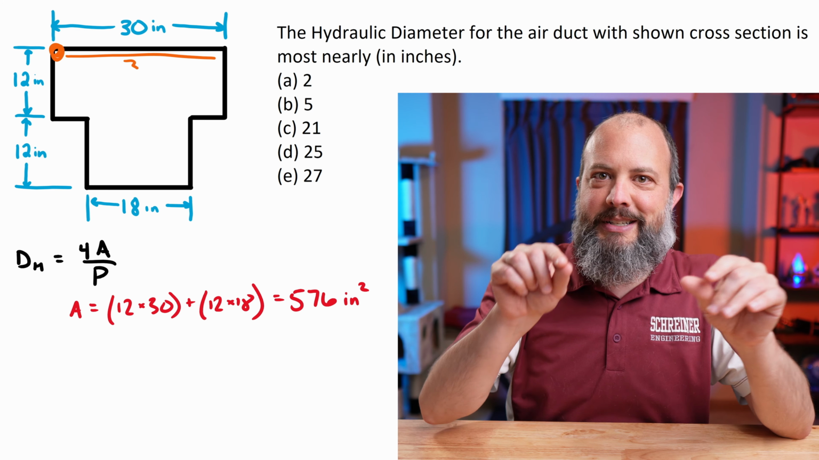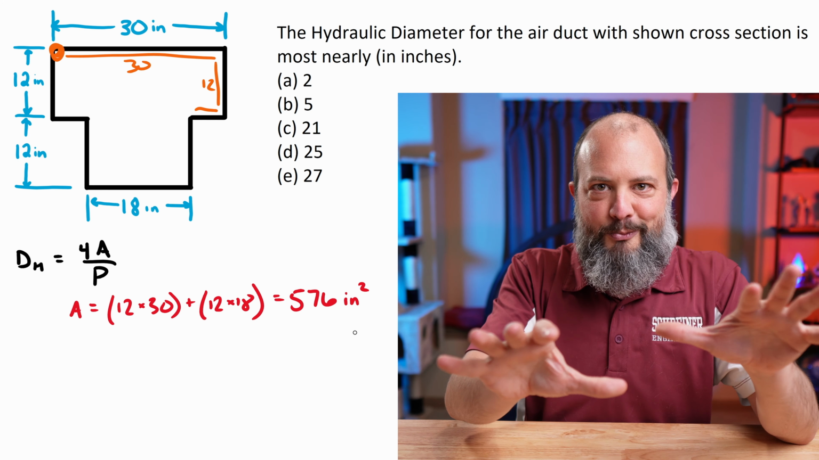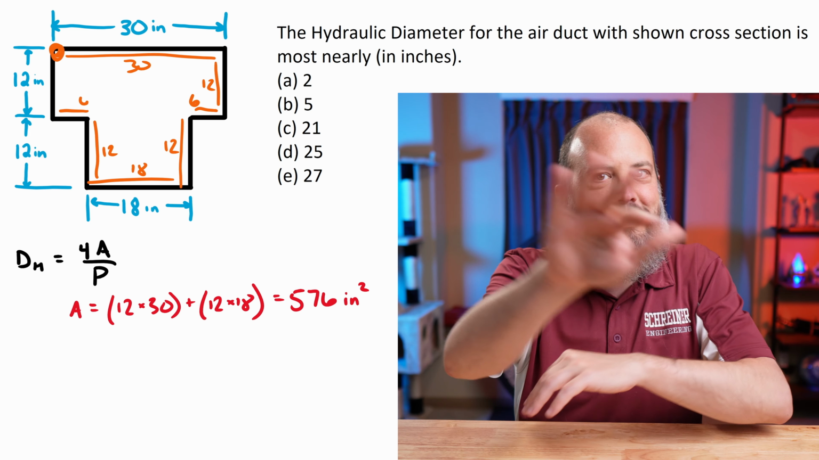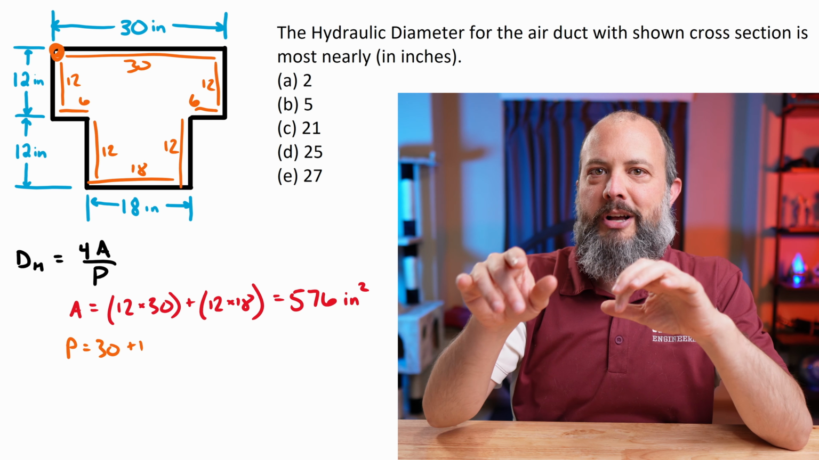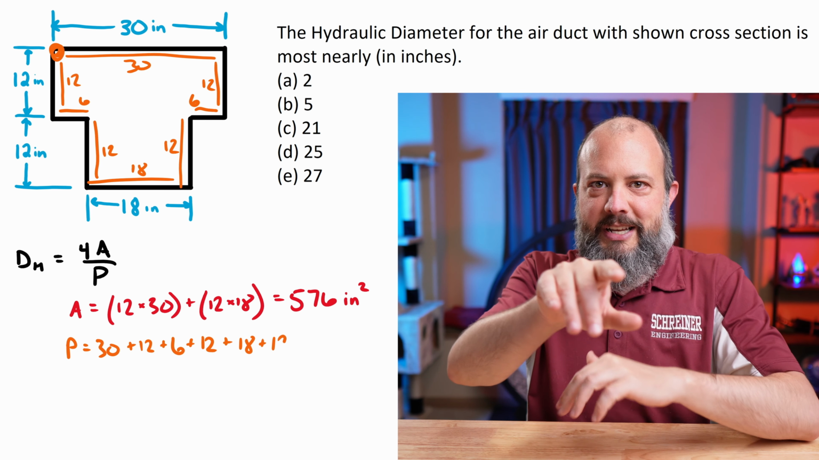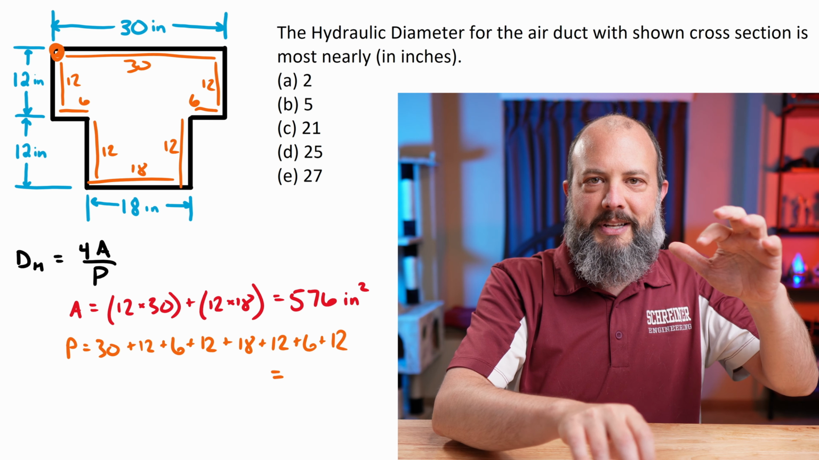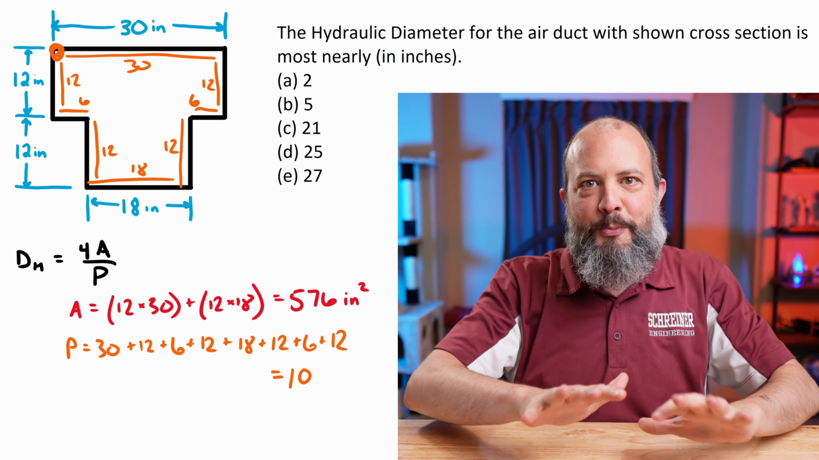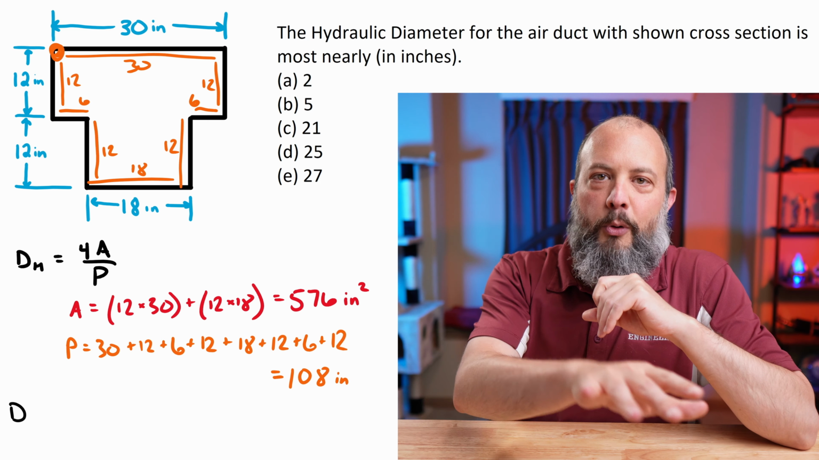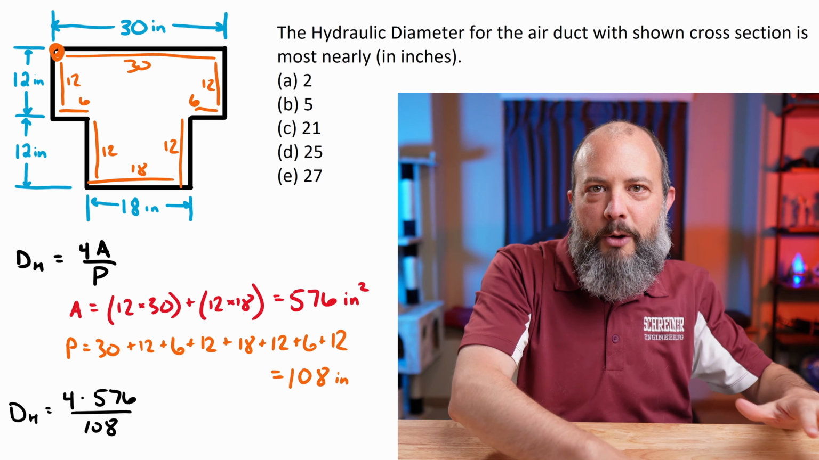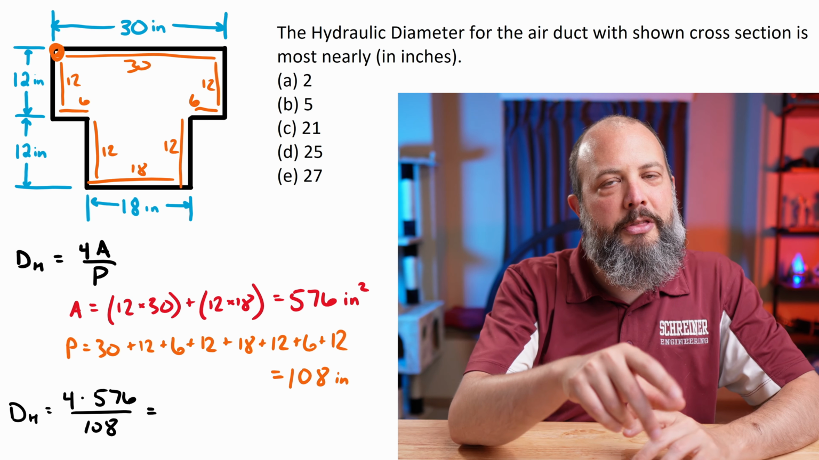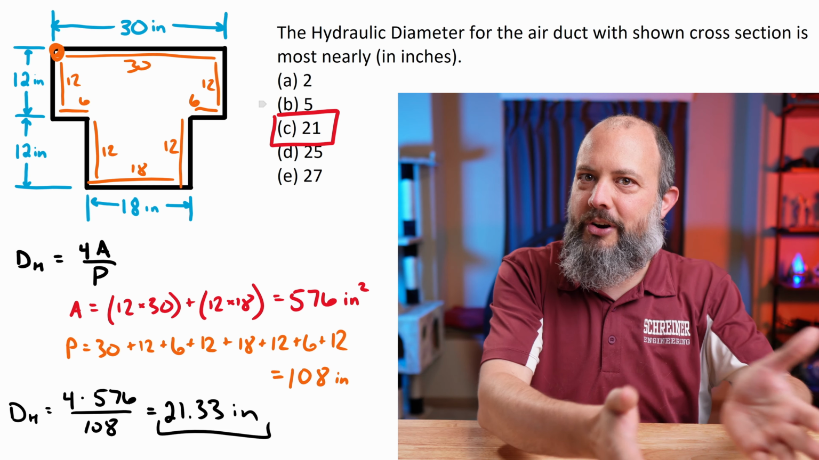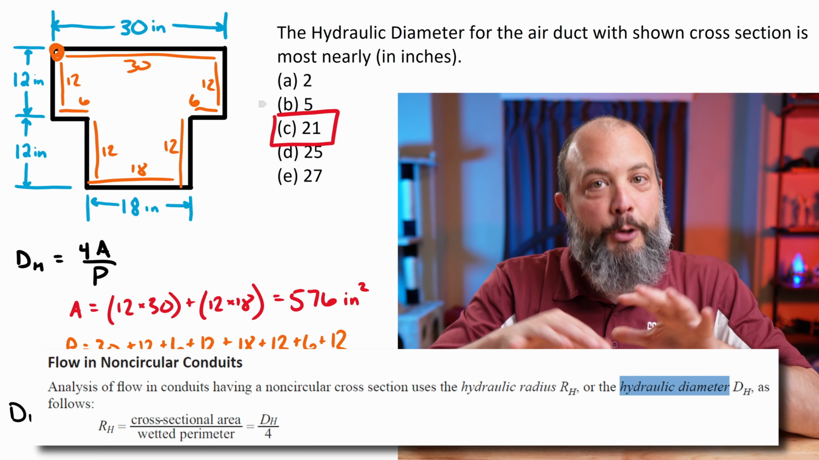So just put a dot somewhere on your drawing so you don't forget where you started, and just trace your way around the shape until you get back to the dot and add up all the lengths. So if I go across 30, down 12, 6, 12, 18, 12, 6, 12, back to where I started. That wraps around and gives me a total perimeter of 108 inches. So 4 times 576 divided by 108 gives me 21.33 inches. That gives me C, 21 inches for the hydraulic diameter of this non-round pipe,